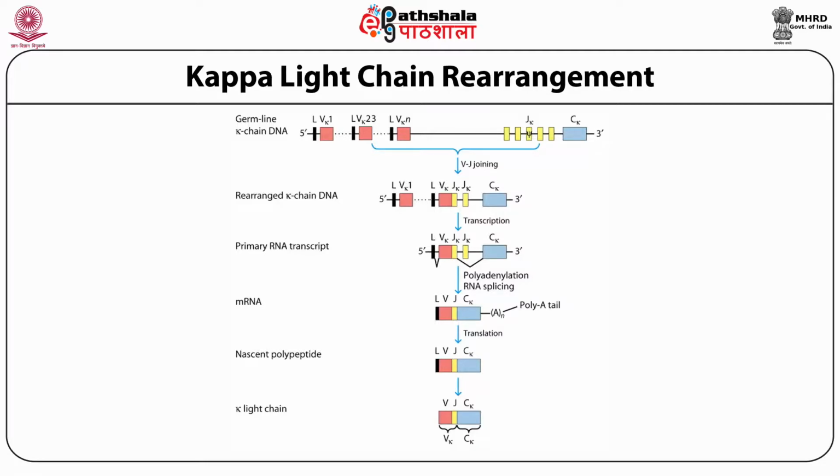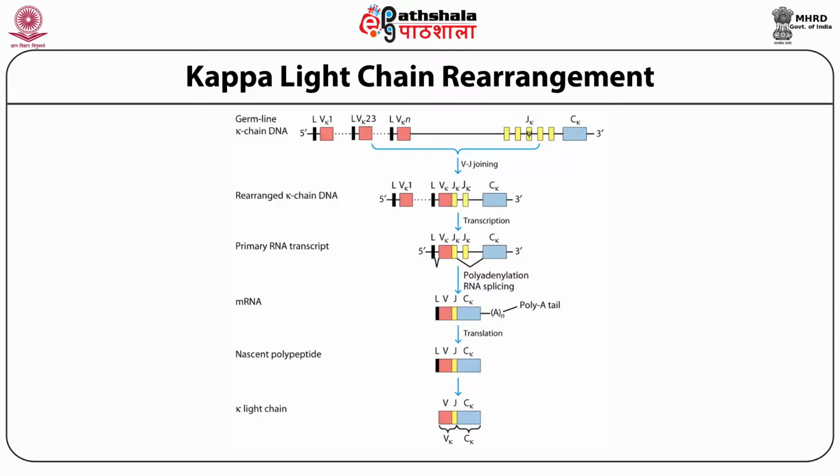What happens is, when the B cell is undergoing differentiation, by random selection, one variable region combines with one J segment which is far away from the variable region, and this far away region, which is an extra piece of DNA, undergoes splicing by recombinase enzyme, or what you call RAG1, RAG2. They are the two important enzymes which are involved in cutting of the excess DNA, and one V and one J come very close to each other and form one part of the hypervariable region of the light chain.